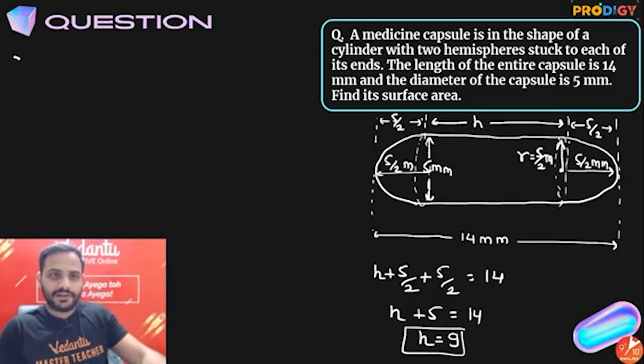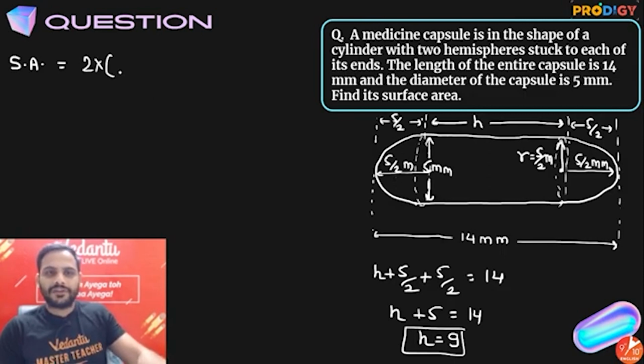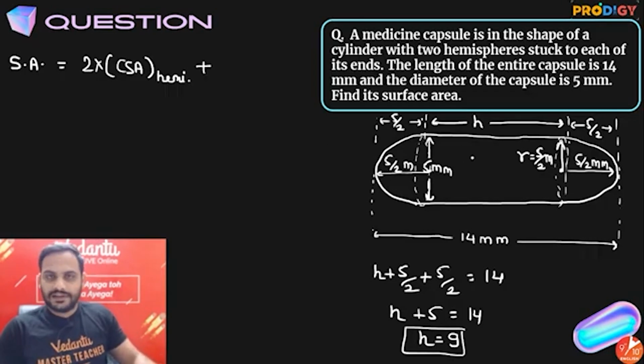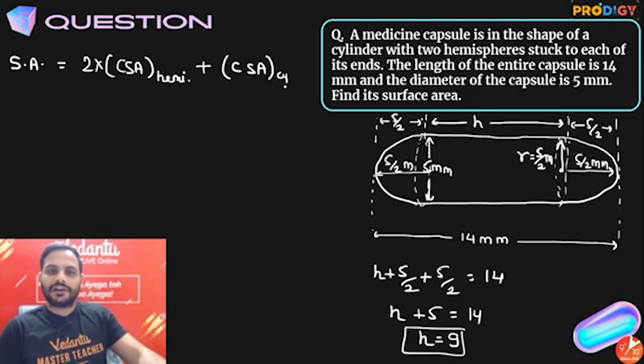Now surface area. So guys, look, in surface area, first thing is the CSA of this hemisphere, CSA of this hemisphere. So I'll say 2 times the CSA of the hemisphere plus the cylinder. Look, top and bottom are already covered, will not be counted, only the CSA of the cylinder. So 2 times the CSA of hemisphere is what, beta? 2 pi r square plus CSA of cylinder is 2 pi r h.